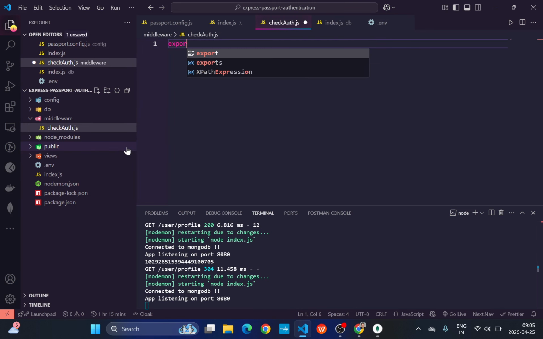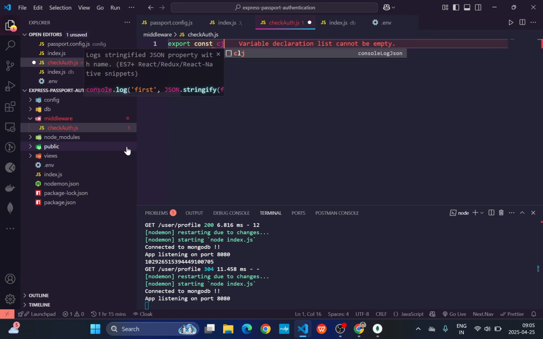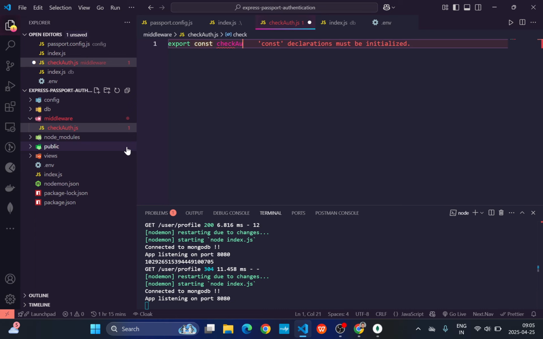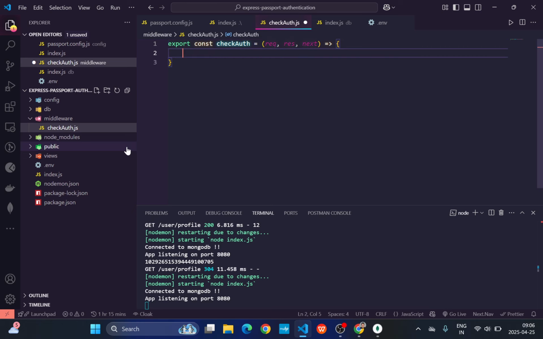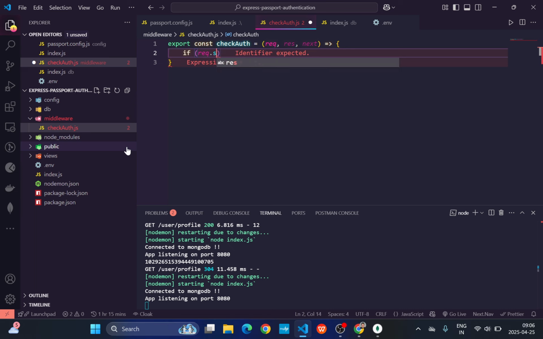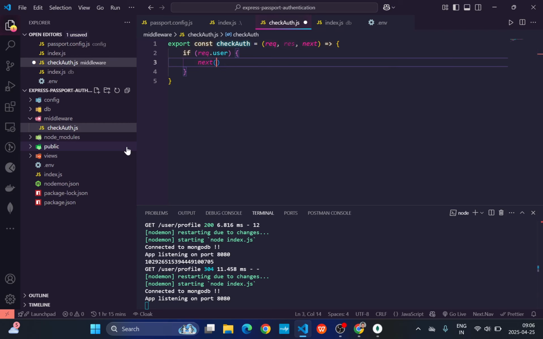Now export const checkAuth, which takes request, response and next function. And what I will do is if request.user, next, or else